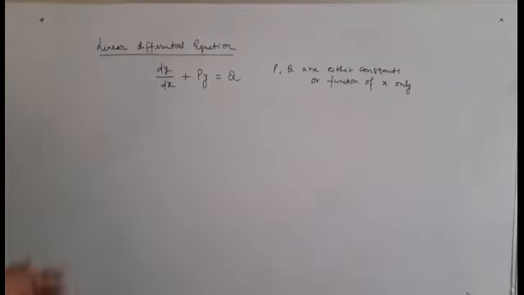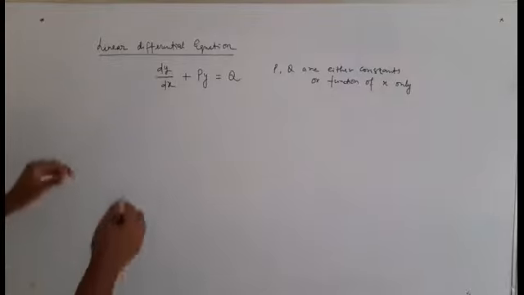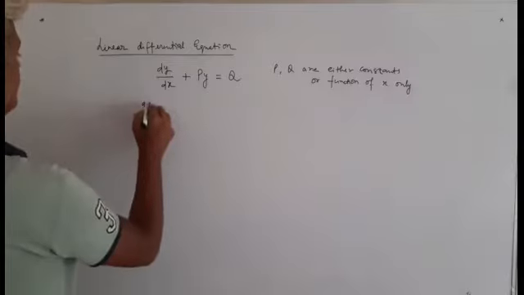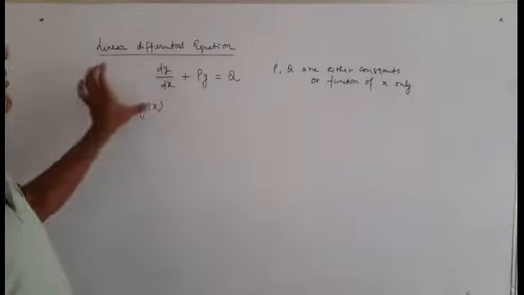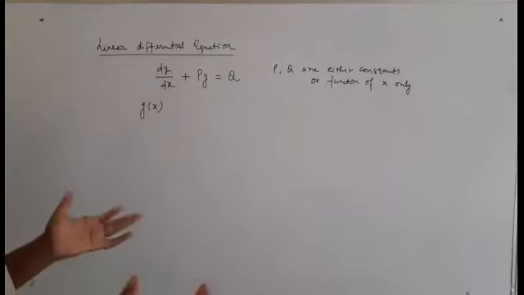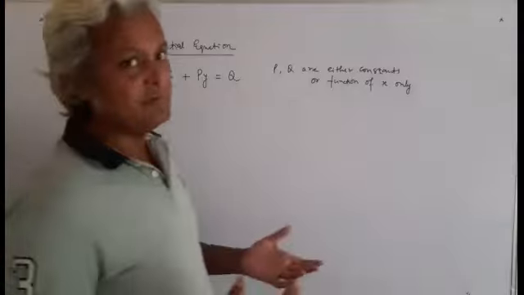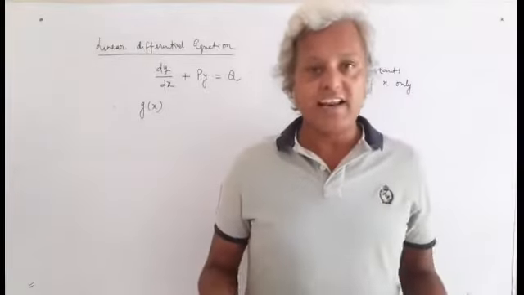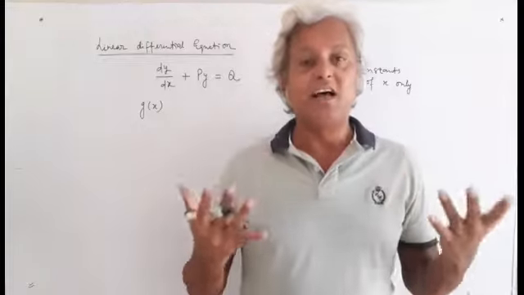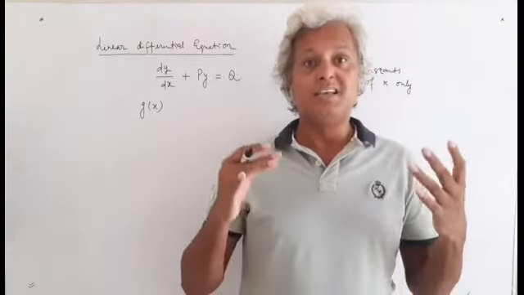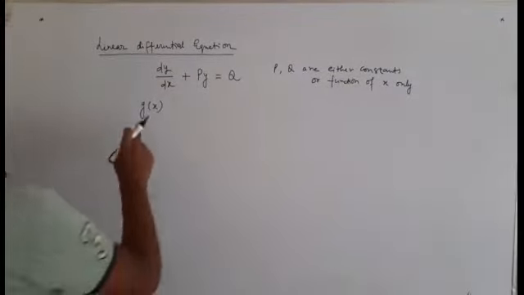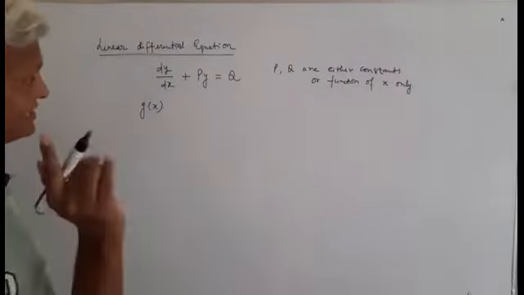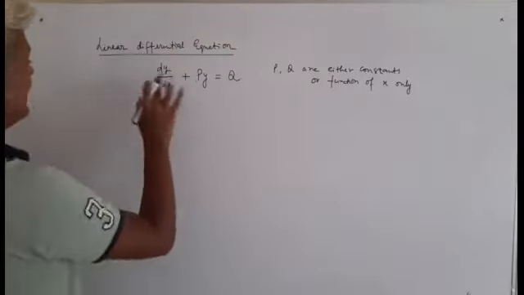To solve this kind of question, we have to assume a function. We have to find a function g(x) and then multiply this g(x) on each side of the equation. What would be the criteria of g(x), like how g(x) will be selected? Can any function be written, or is there some special category or special characteristics of the function? So we'll discuss just a little later.